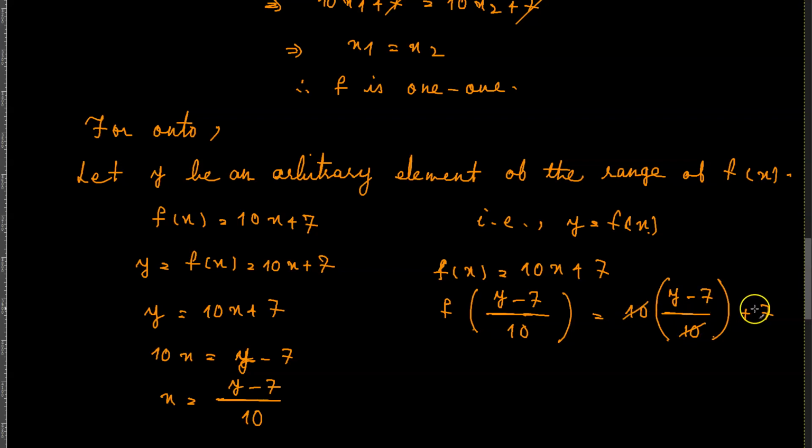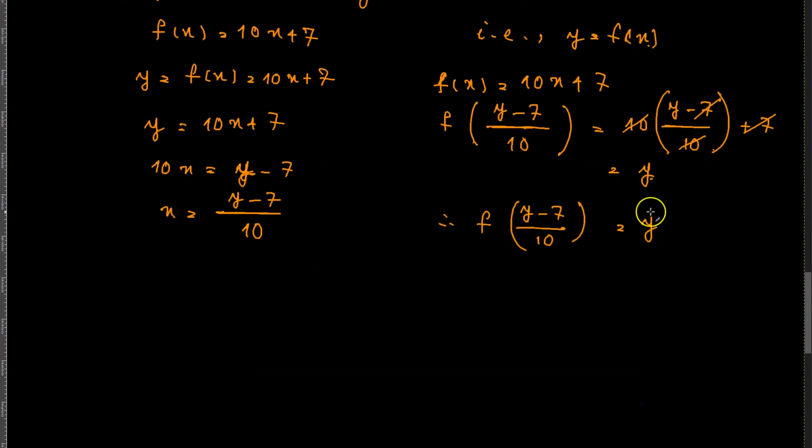So you can simplify these two and simplify these two, you'll get y, which means that f of y minus 7 divided by 10 is equal to y,